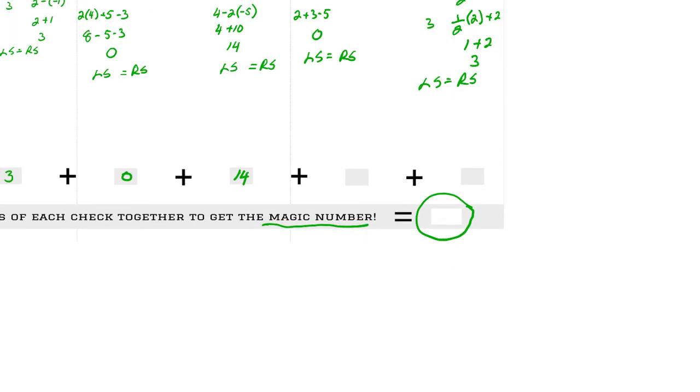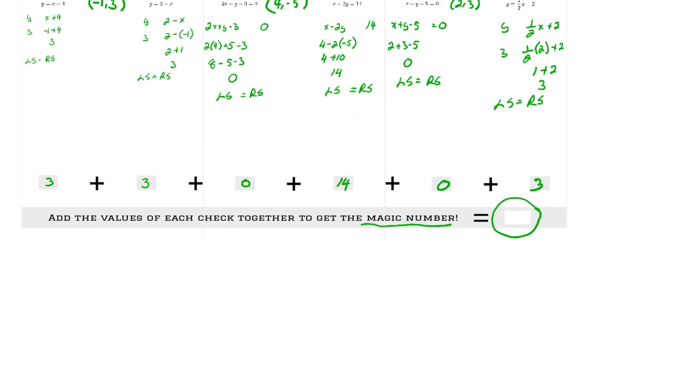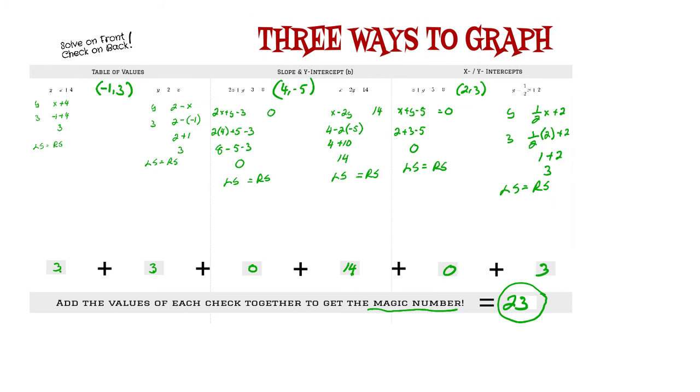So your final values are 0 and 3, which means my magic number is 3 plus 3 is 6, plus 14 is 20, plus 3 is 23. So if you got the same value as I did, you did it correctly. And if you didn't, either you made a